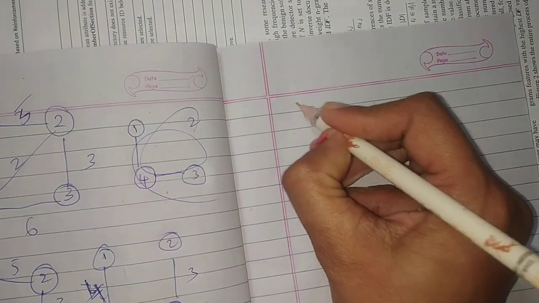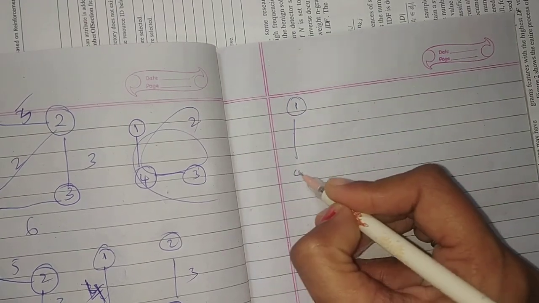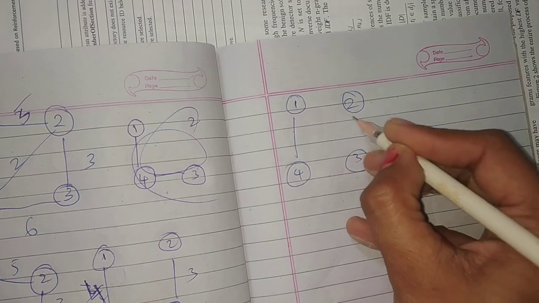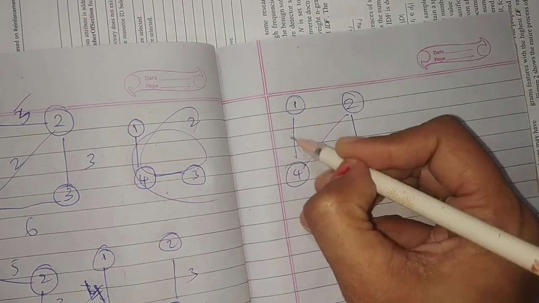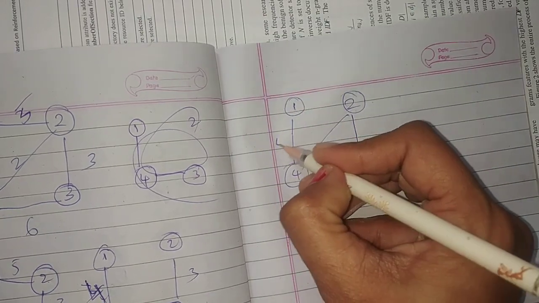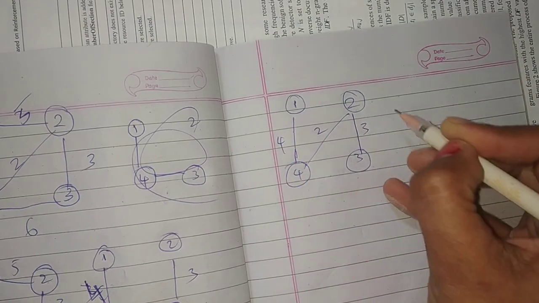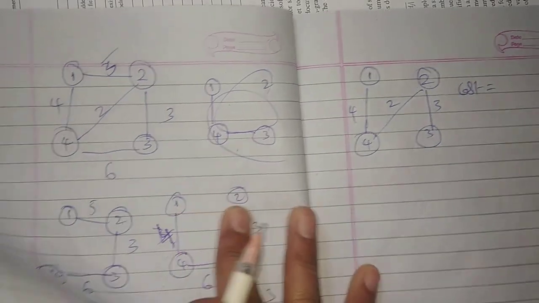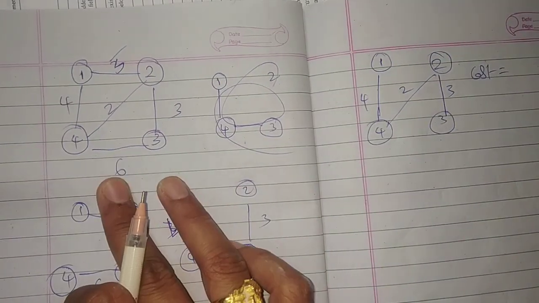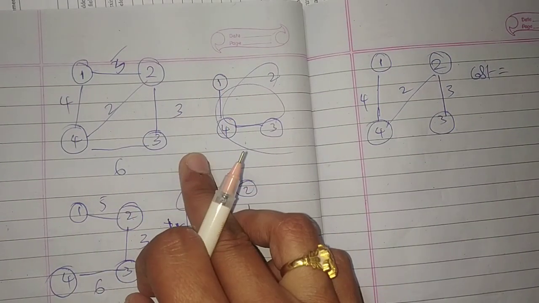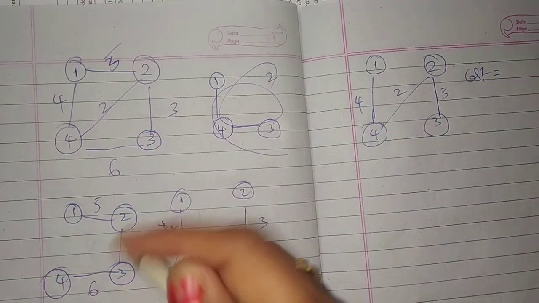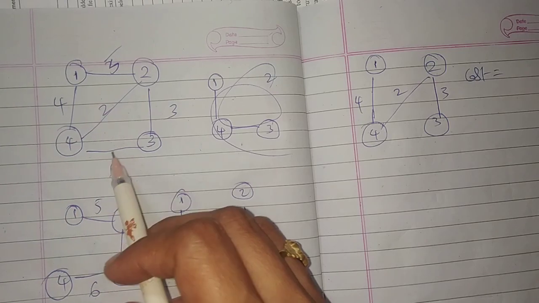So any other. 1, combination 4, 2, 3. Right. I am taking this subgraph. Now cost, tell me. I am taking this subgraph. See this 1 to 4, 4, 2 to 3, 3, and 2 to 4. This is also one subgraph. So how many can you form? How many edges here? 1, 2, 3, 4, 5.